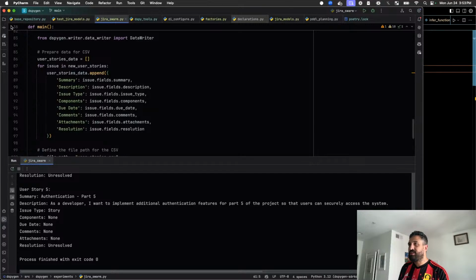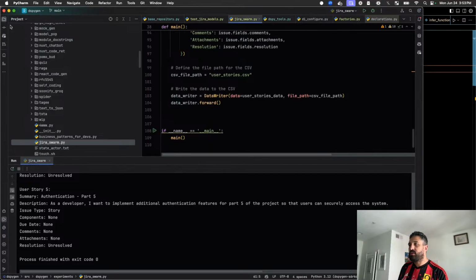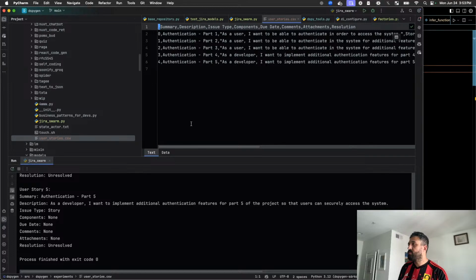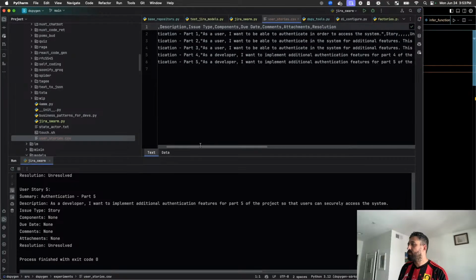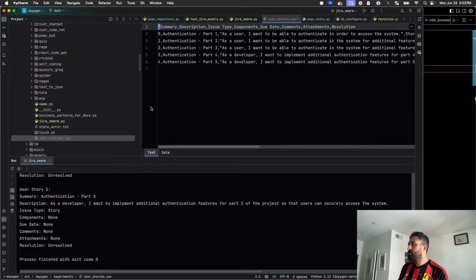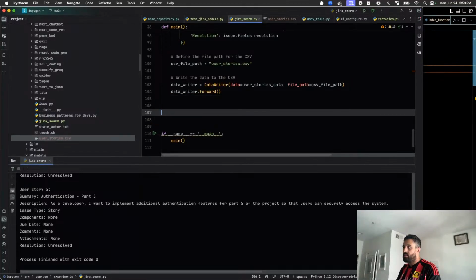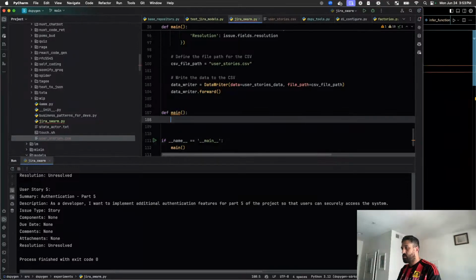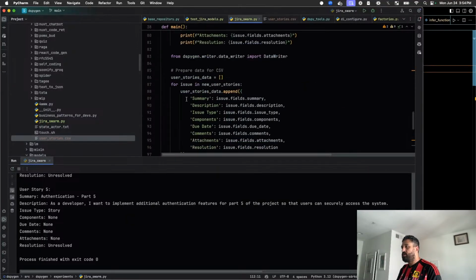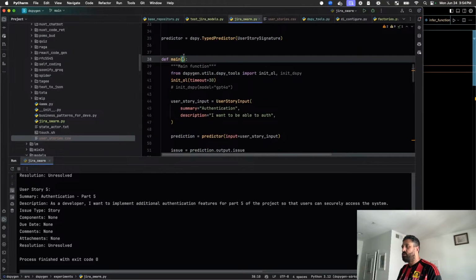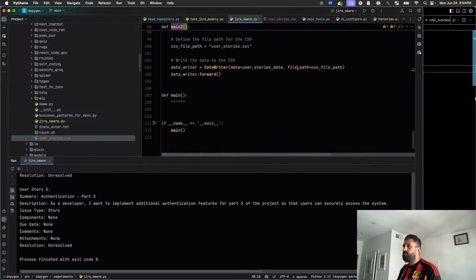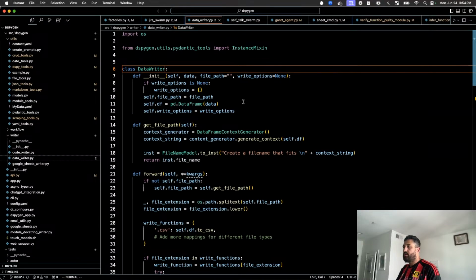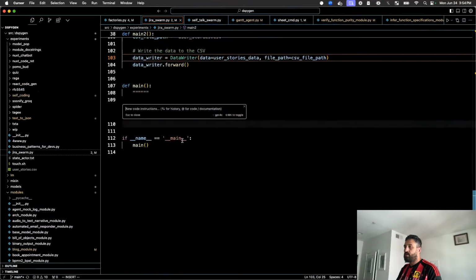So it's interesting. All right, let's now look at what we got on the file system, userstories.csv. Bingo. Now we have our stories. And so now we can go into here, create another main, def main. And I just turn this one into main 2. I'm just doing this to show you guys how it works. So then we go back over here. Okay, and so then